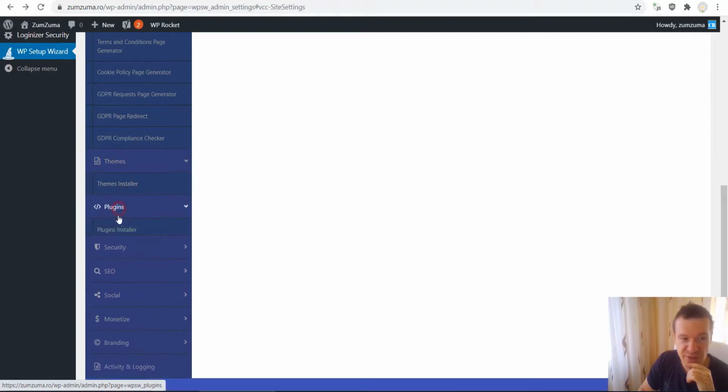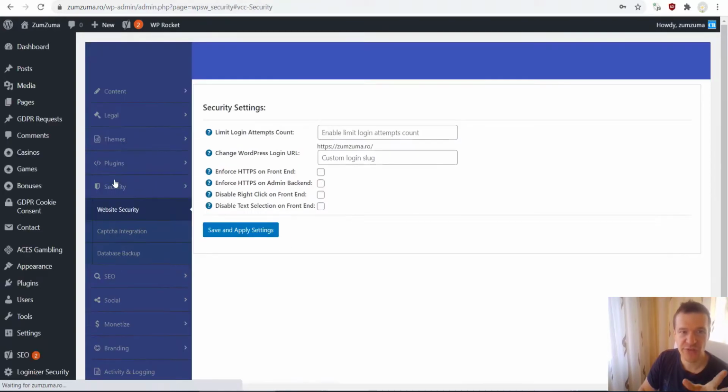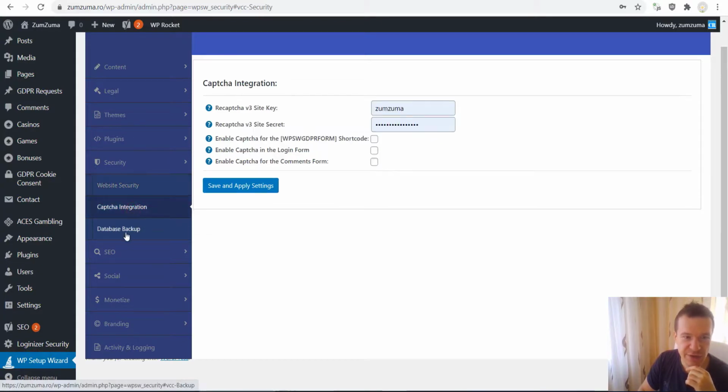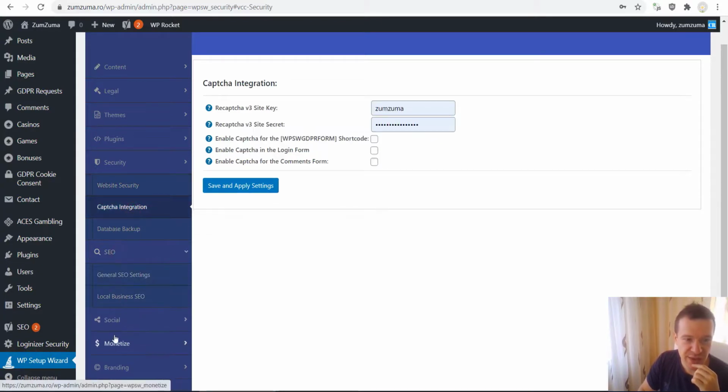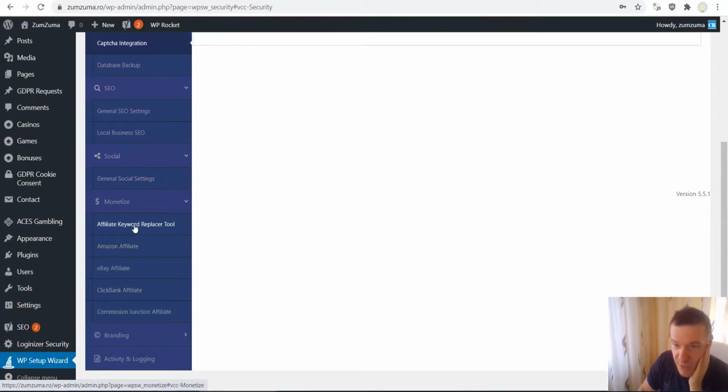We have a theme installer, plugin installer. We have also security related settings, let's check the security settings real quick. So we can change the login URL, limit login attempts count, and some other HTTPS enforce for front-end for our admin, and reCAPTCHA integration, database backup, SEO settings, social settings, monetization, where we can replace content with our affiliate links added to it,